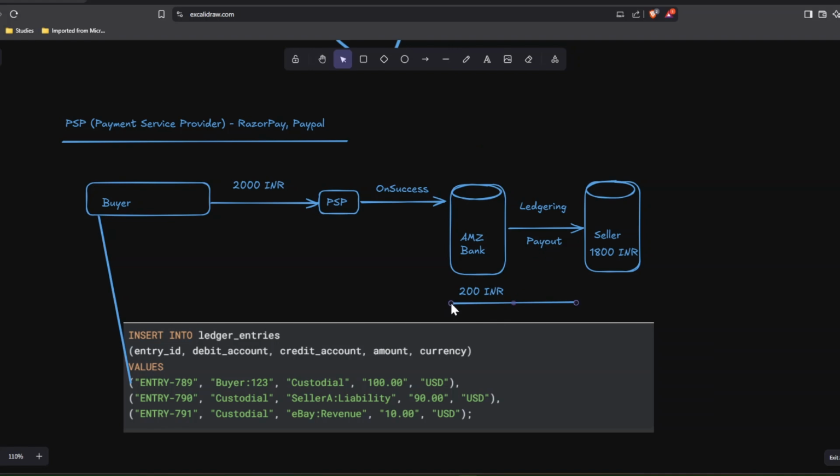this stage actually connects to this second query. Okay. This actually connects to this second query. And what about this third query? What the third query is telling is this 200 INR, instead of putting it here, we are going to have another revenue account. Okay, so instead of this bank account, we are going to have one more revenue account